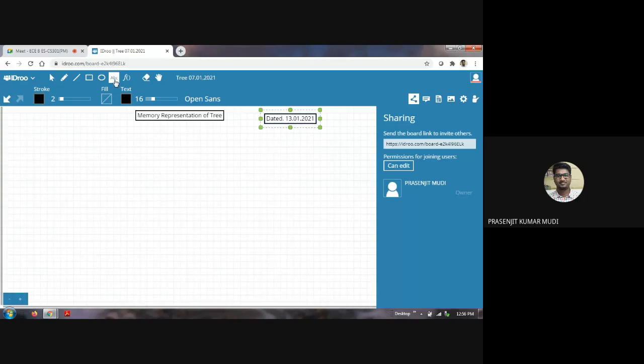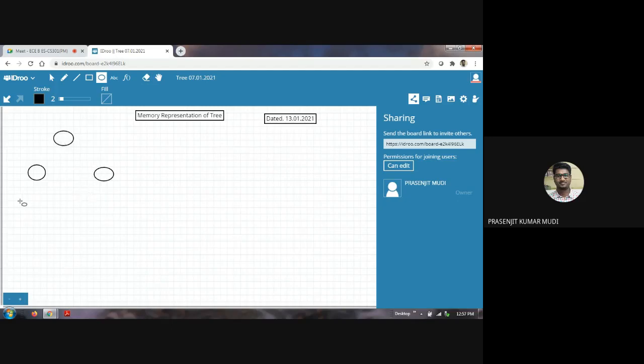Typically, let's take an example of a binary tree. Let's say this is a node, and this is another node. This is a parent node which has two child nodes.